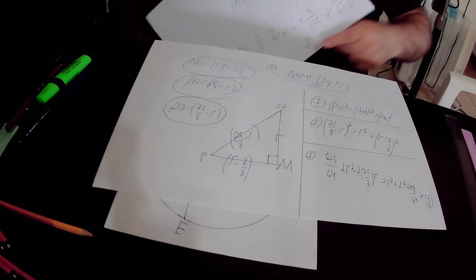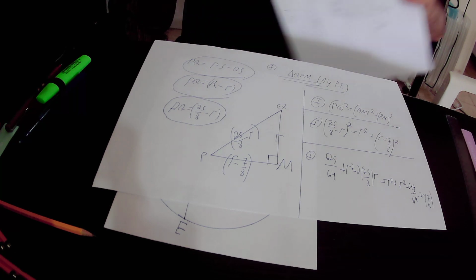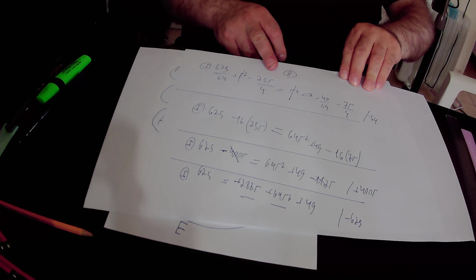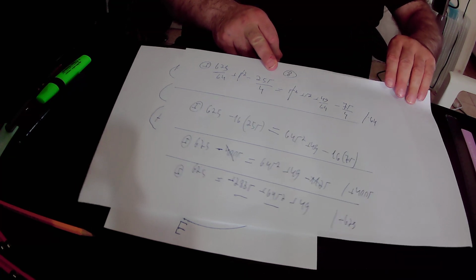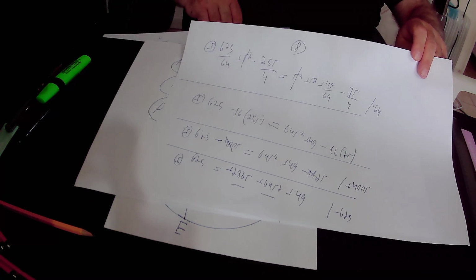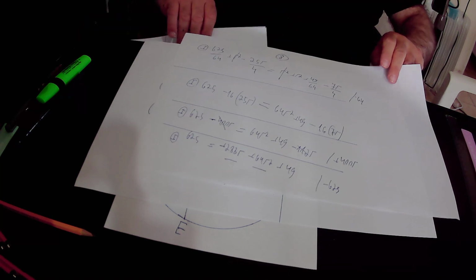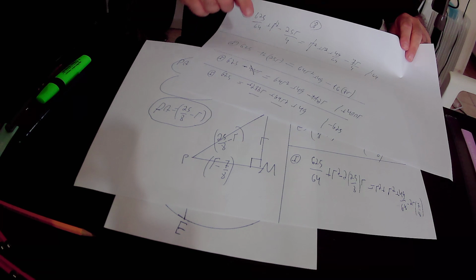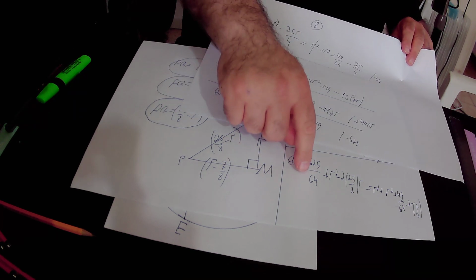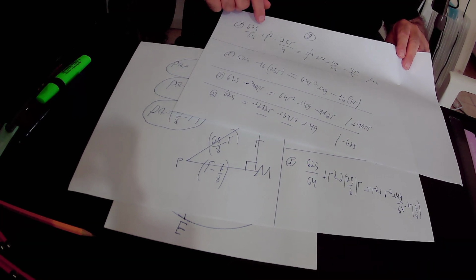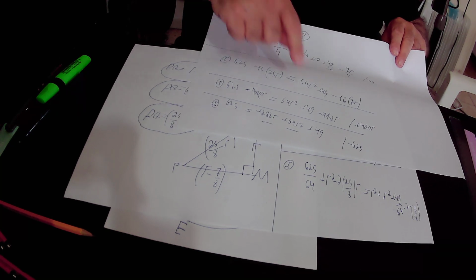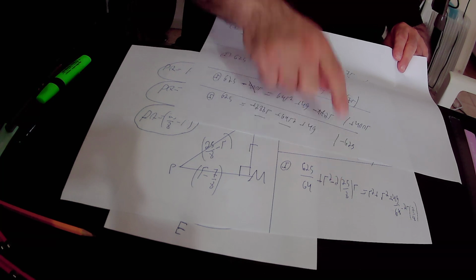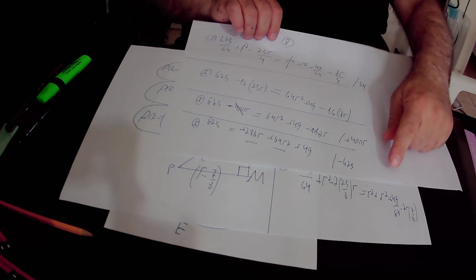So in conclusion, this expression equals 25r over 4. So here we have 625 over 64 plus r squared minus 25r over 4, that is equal to